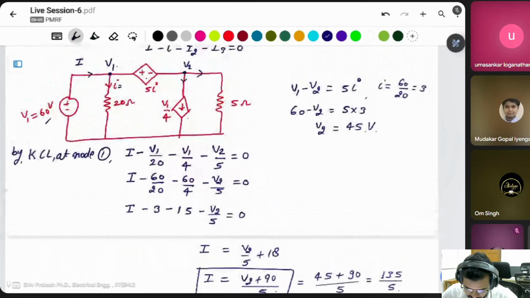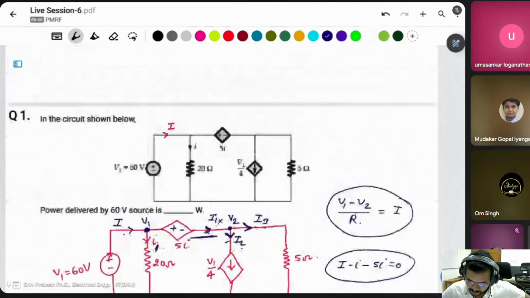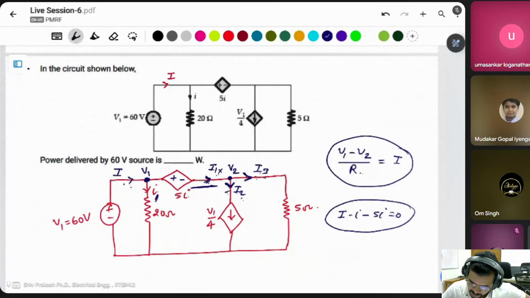Okay, it means if you want to solve this type of question of super node, simply write both KCL in a single equation. Okay, but if you have confusion about this super node, then instead of applying the KCL directly,